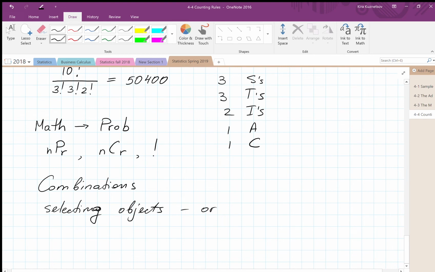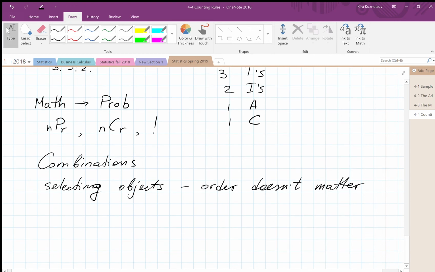Order doesn't matter. So selecting objects, order doesn't matter. The formula is NCR. It is n factorial divided by n minus r factorial times r factorial,